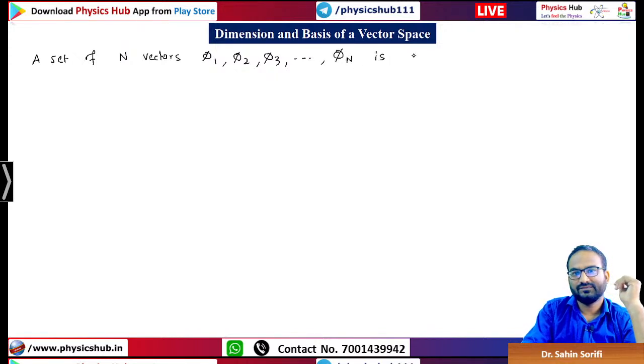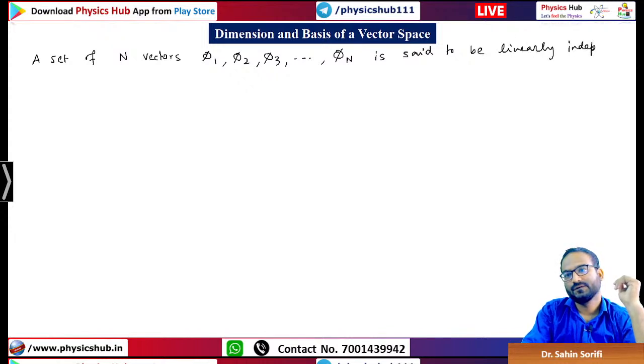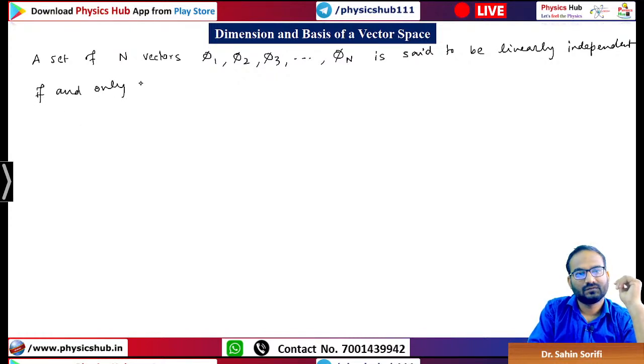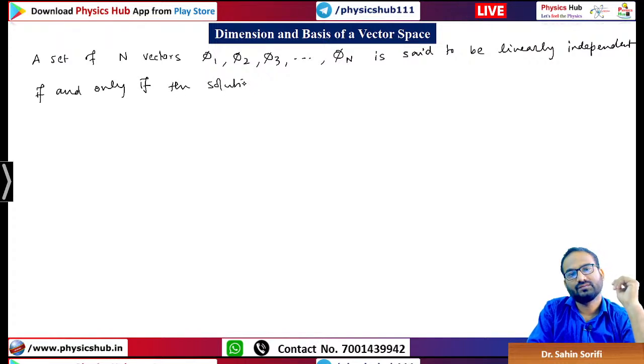So this set of n vectors is said to be linearly independent if and only if the solution of the equation